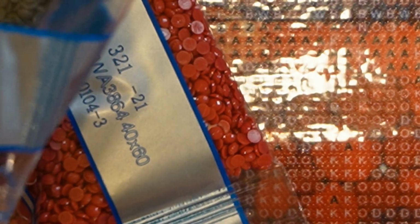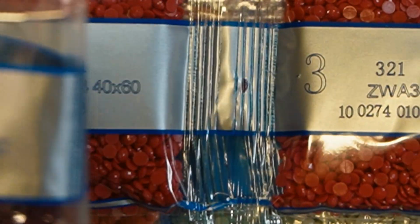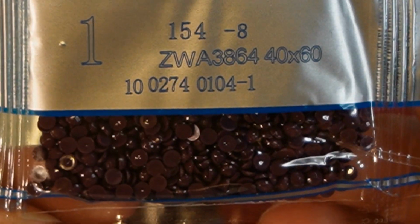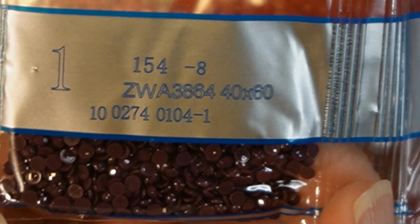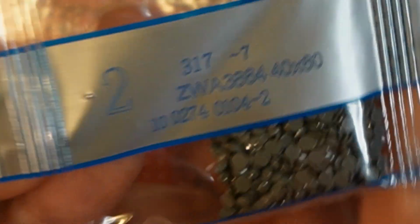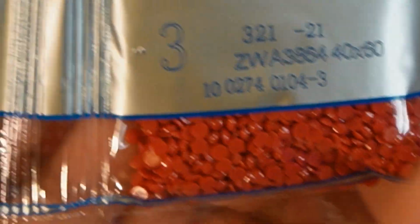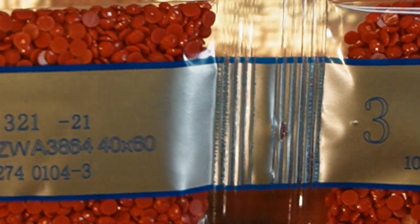I'm going to turn my diamond painting kind of sideways here, so that I can read these numbers to make sure that I've got everything that I'm supposed to. So you'll see it with the numbers up. So we've got 154, 317, 321, 2 bags of 321,